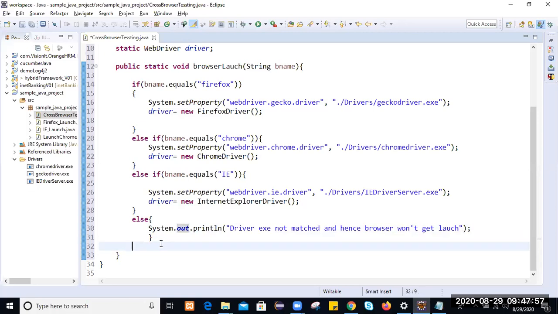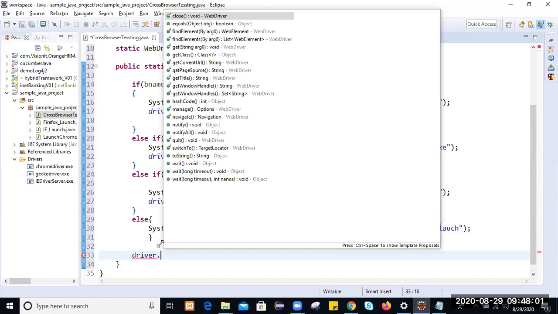If the driver exe is matched, I will maximize the window first.